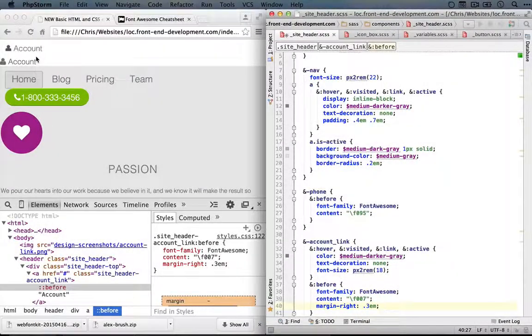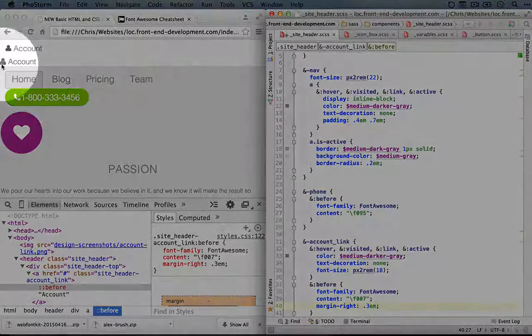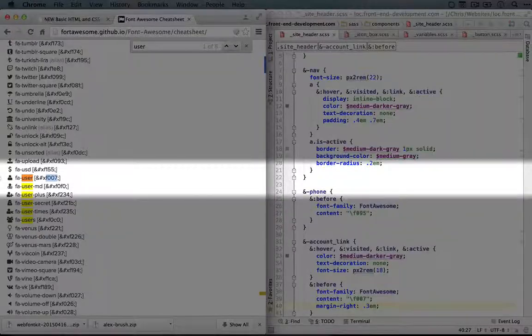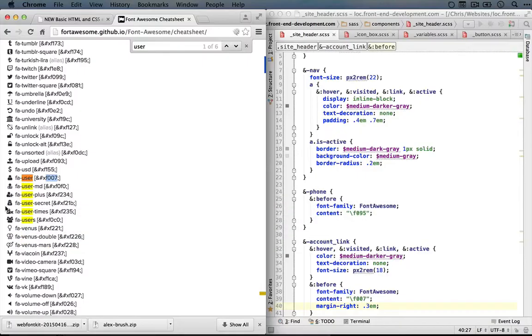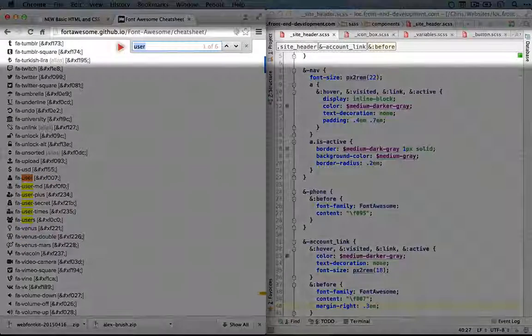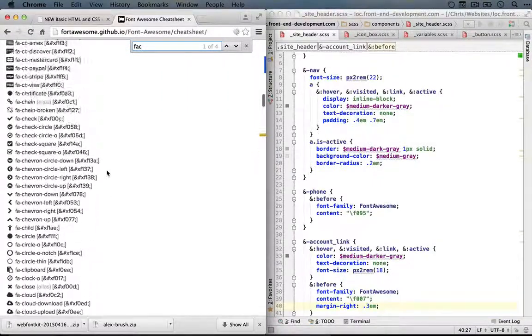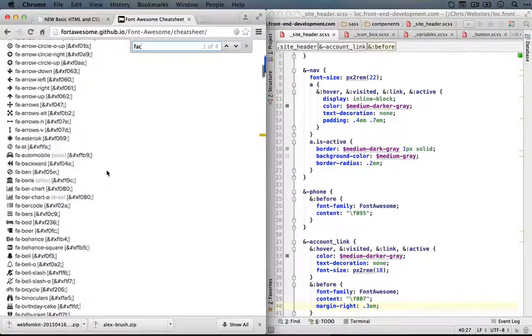Now let's do a quick search in Font Awesome to see if we can find an icon that's a little bit more like this one. So I'm going to go back over to the cheat sheet. Let's keep looking at the user icons here. Okay, none of those seem to do it. Let's do a search for person or face. Okay, so we can do a quick browsing of the icons here, but I don't think we're going to find